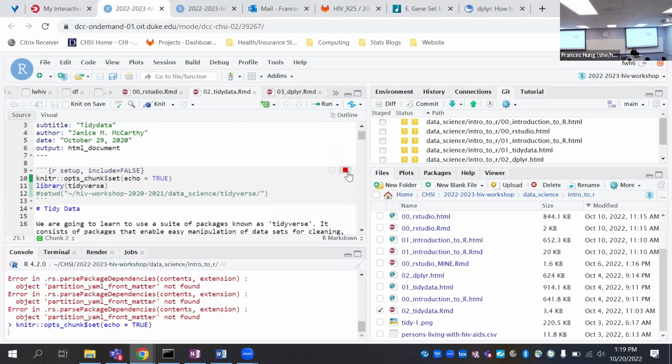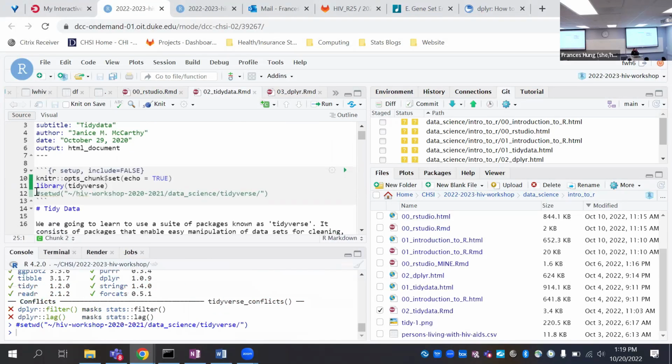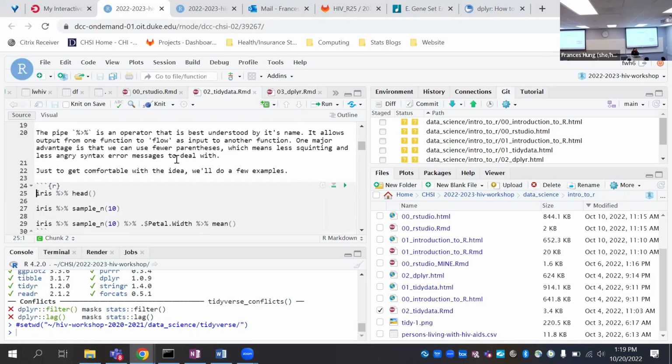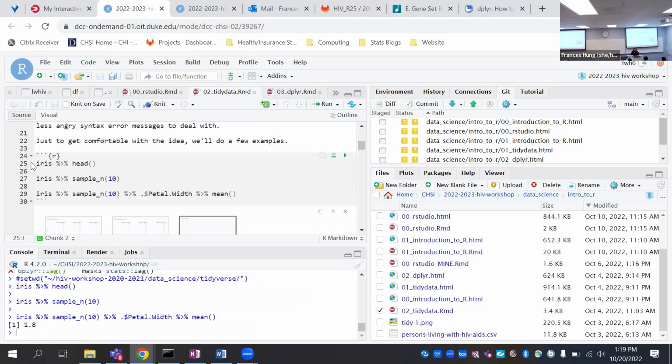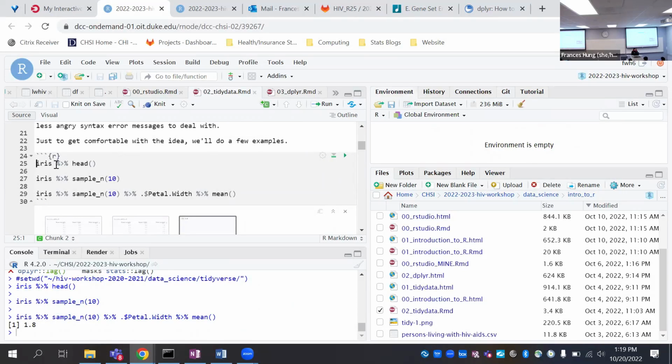Yeah, I can start by first running this to load a tidyverse library, which you can see it is doing for this library command. So this tells RStudio that you're going to be using the tidyverse commands in this RMD. So press that play button, and then now you can go ahead and just press play on the Iris head, or this code chunk that starts at line 24.